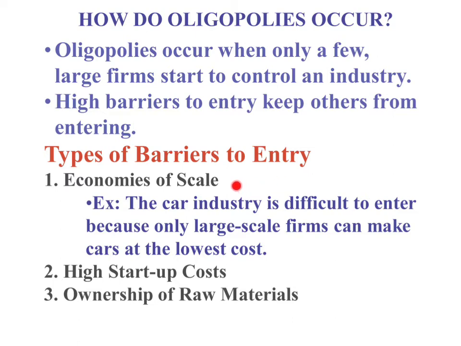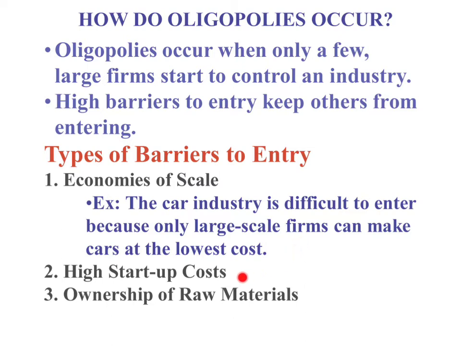Some firms have a really high amount of scale. The scale of GM, right, is massive. It already has plants all over the country, all over the world. It is able to produce a great amount of cars, with robotic technology, and there's a whole assembly line in place. They are making cars at a very low cost. If I was trying to get into that industry, it would require me to have some similar scale to be able to compete. And I can't. So, similar to the example of monopoly, economies of scale can be a barrier to entry.